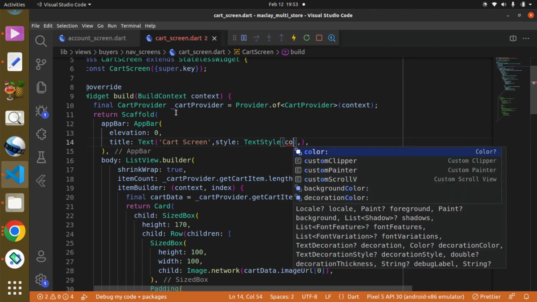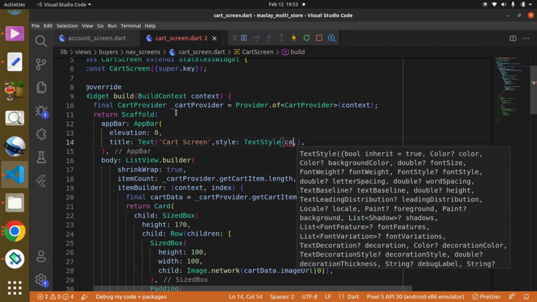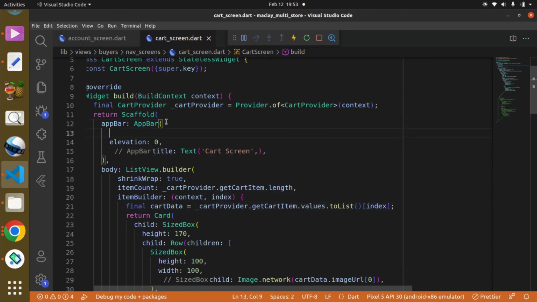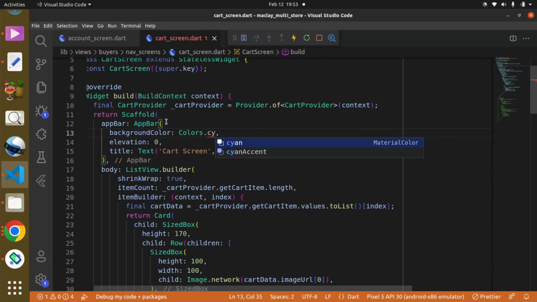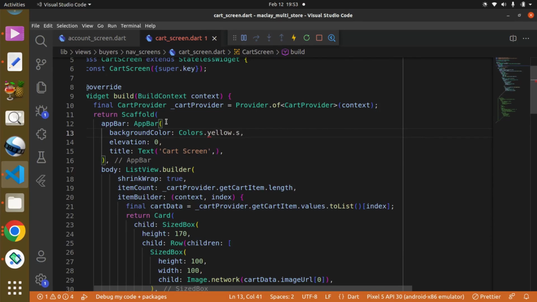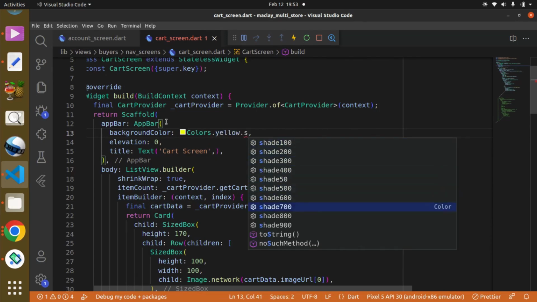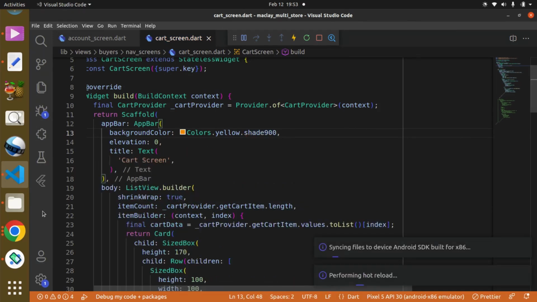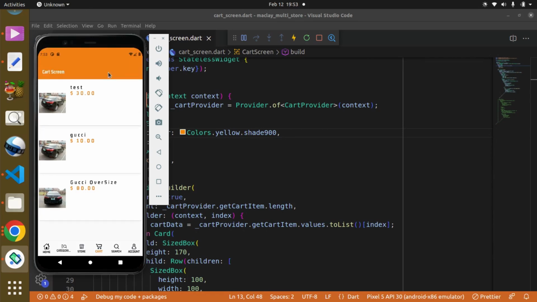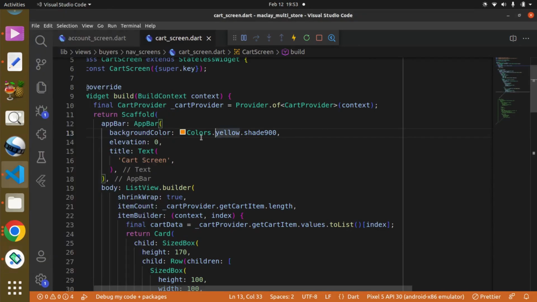Okay, we can just go ahead and leave it to be white, and we can give our appBar color to be Colors dot, sorry, I don't know why I love signs so much, yellow and shade of 900. Okay, seems good. We should have an app bar over there. Okay, we got that bar, and we can also style